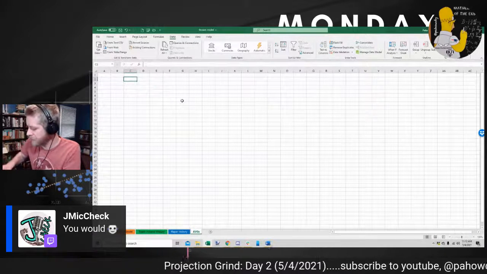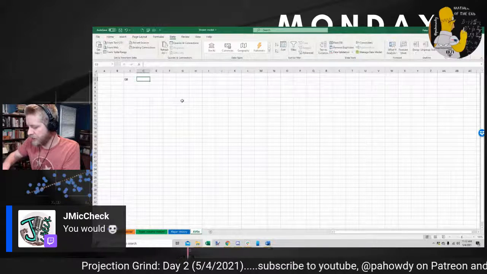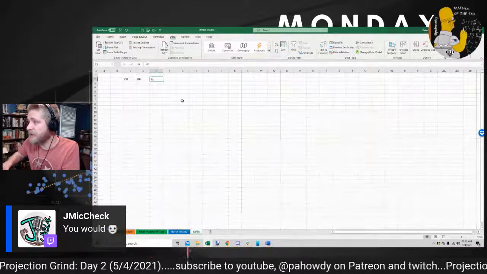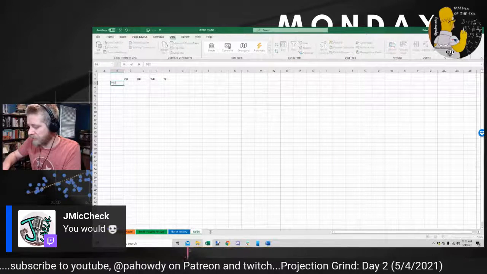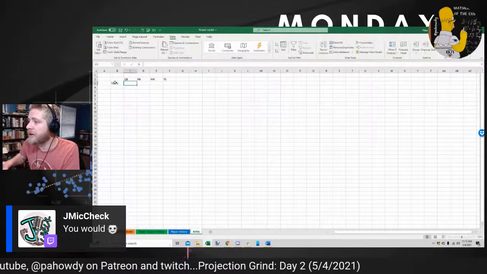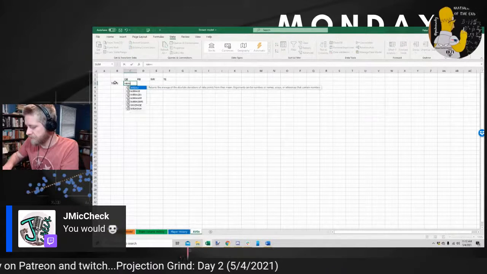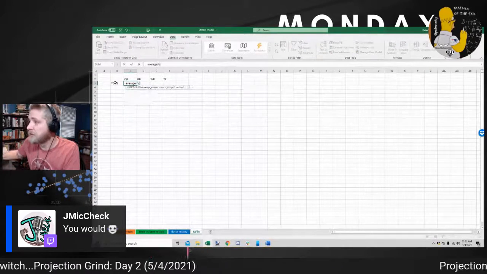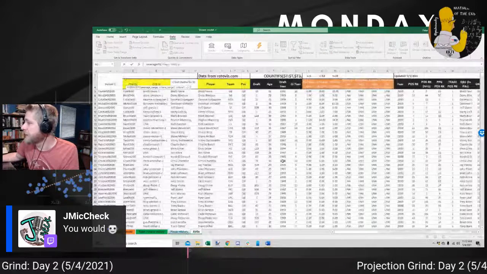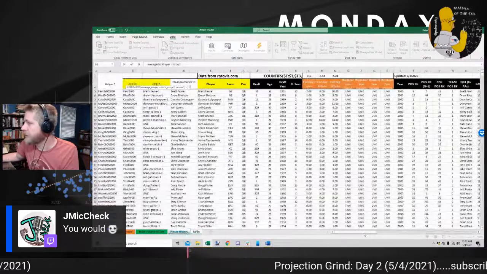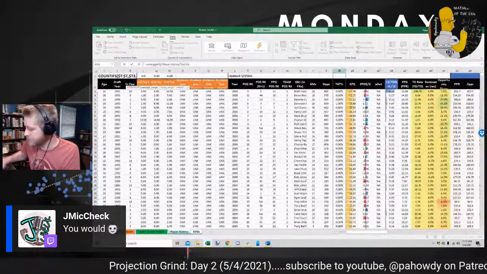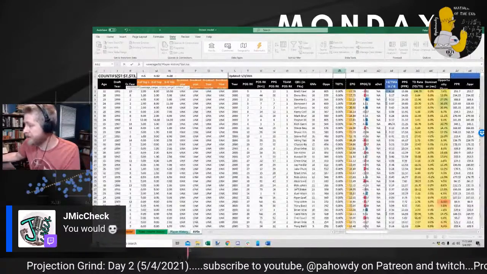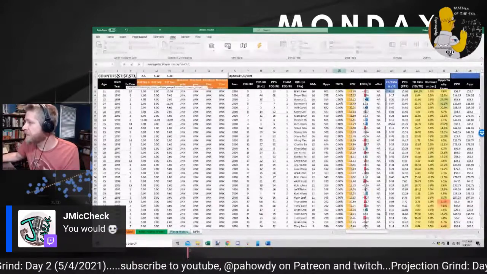Yeah. So let's do QB, running back, wide receiver, tight end. Do a target percentage or target share average. In the player history, I'm going to go to target share. And ask it to create the average of target share for that position